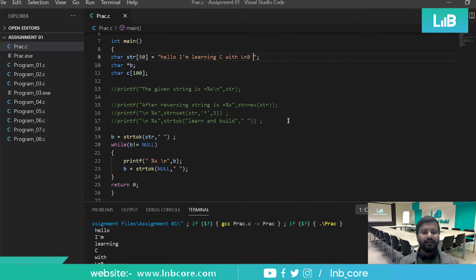In NLP there is a topic, word phrasing, in which if you have a long string or sentence, you break it into small pieces, and based on the meaning of each word, because hello is normal, I am is just a pronoun, learning is a good thing. If instead of learning the word were killing, which is a negative word, the meaning of the entire sentence would become negative. So you might have heard about sentiment analysis.